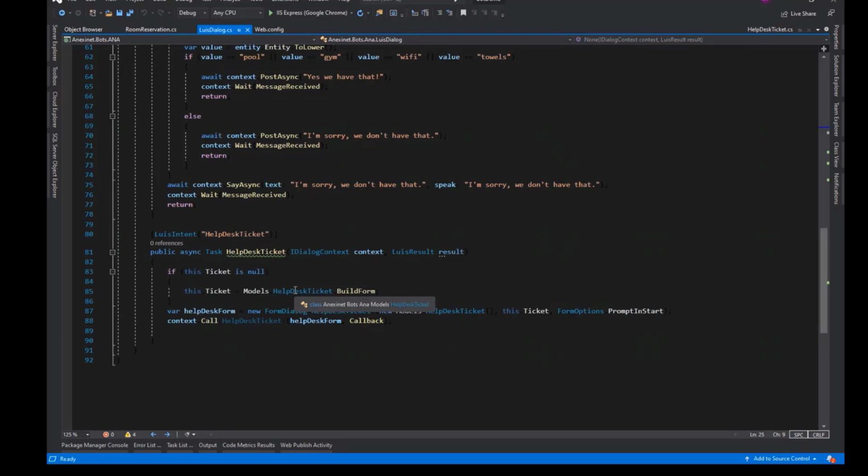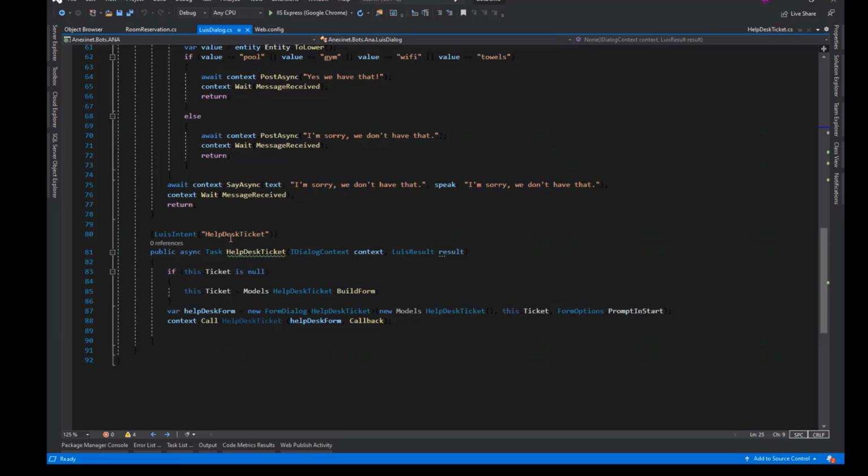That service scores it and returns that number. It'll say there's a 70% probability that they're trying to create a help desk ticket. And then once it gives you that, you start going down the path of the questions for that help desk ticket. So with that backstory, or explanation, you can see that under the help desk ticket, once LUIS says